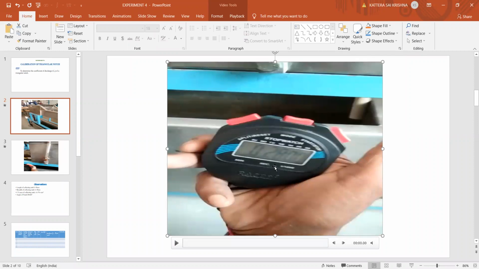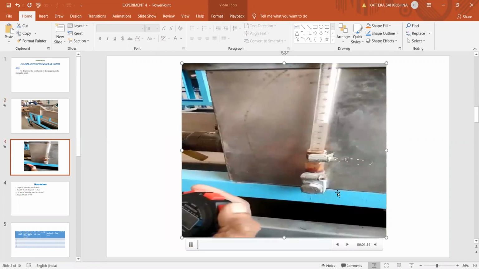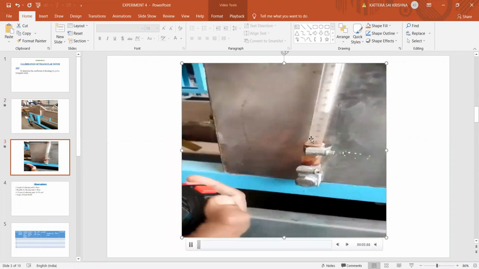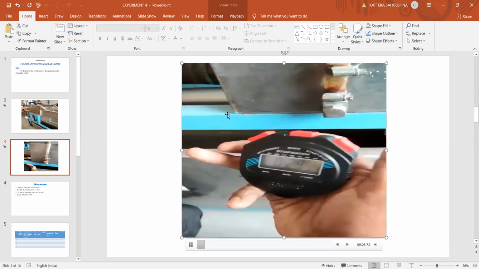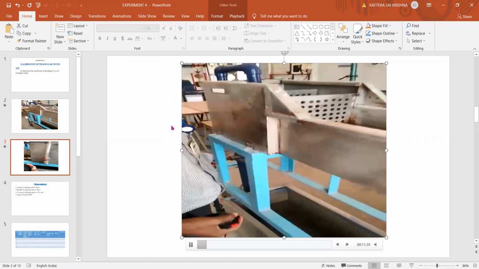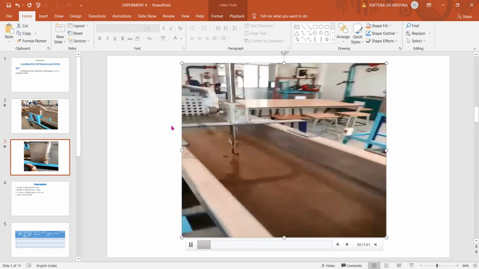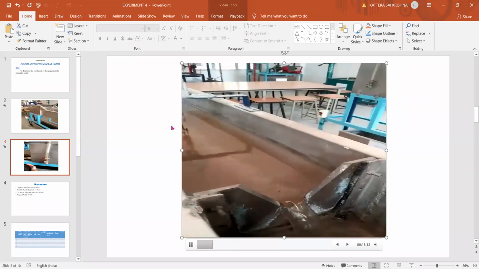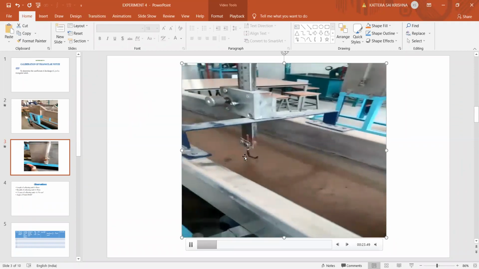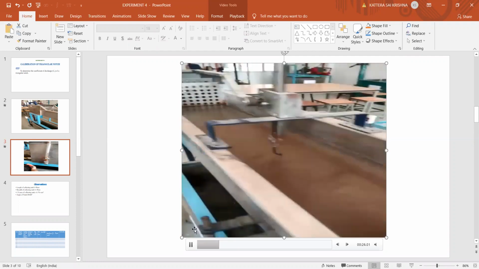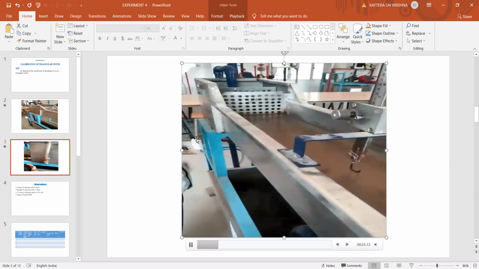Okay, so there is a continuation part for this. This is a continuation part video. So see here, the time we have to calculate for 10 centimeters rise. Next reading we are calculating. So again, we need to regulate the pump here. Once again, you see towards this left side, you can see we regulated the valve there.